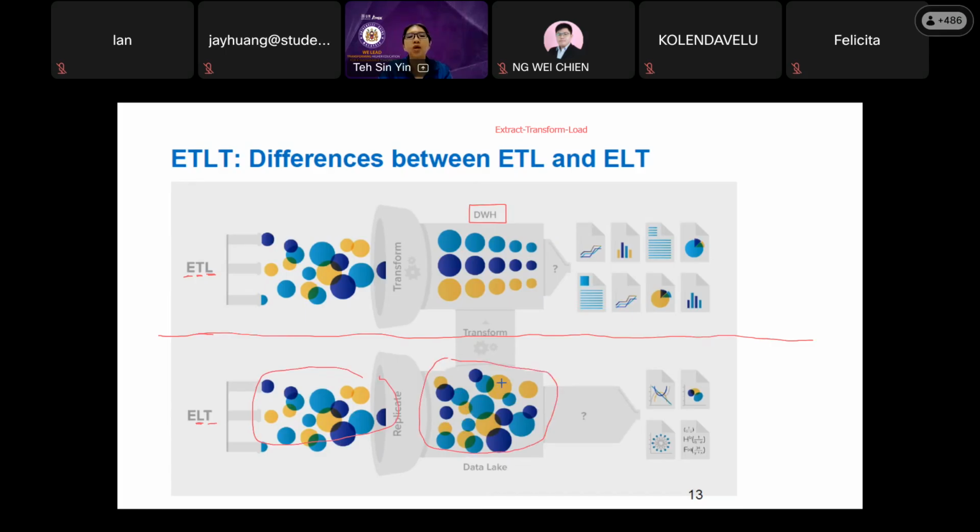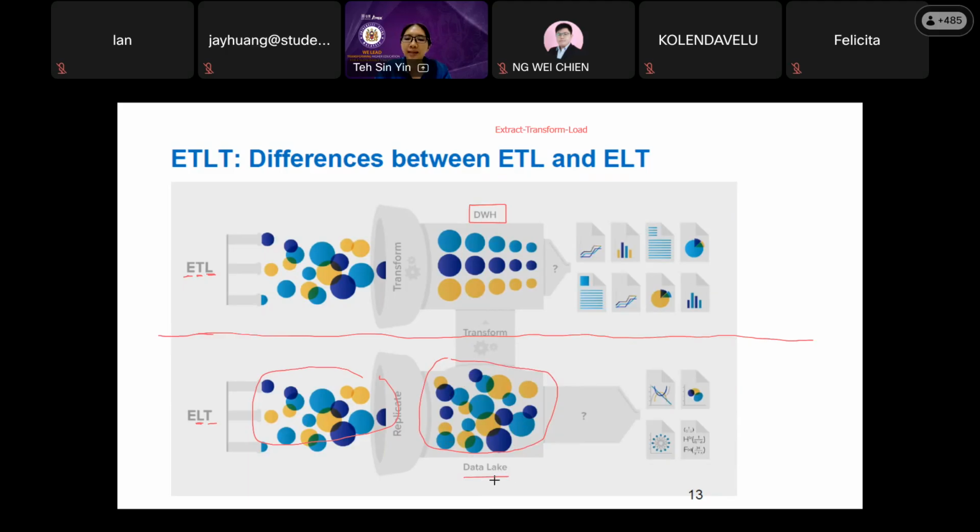Let's say yellow is the text data, light blue is the picture data, the diagram data, and maybe the blue color is the voice message. We don't arrange or structure them. We load all the unstructured data straight into the data lake after extracting.